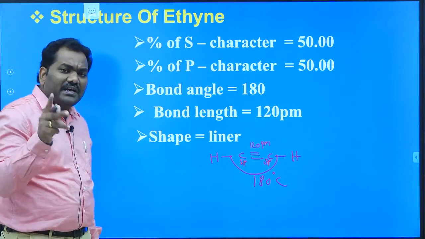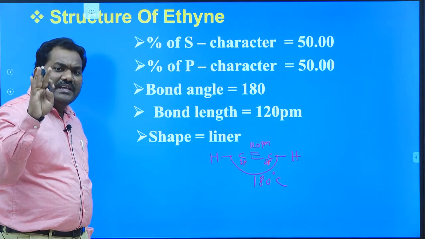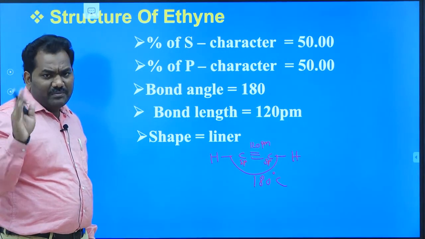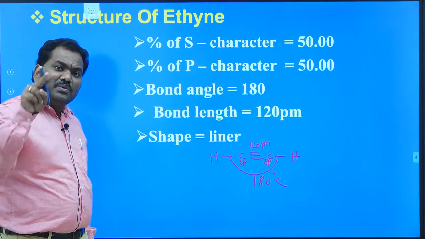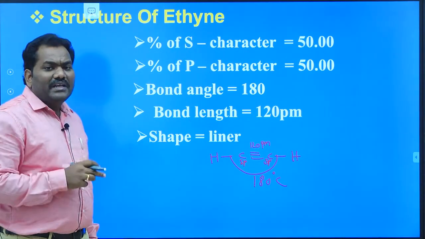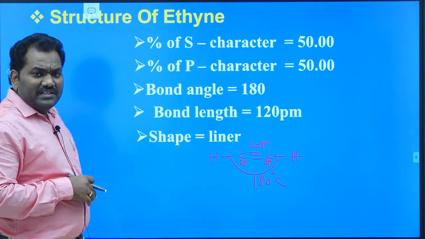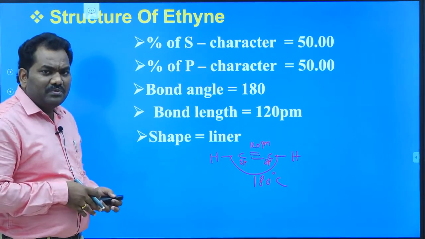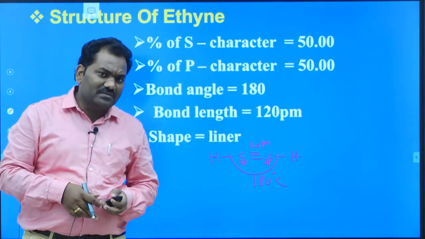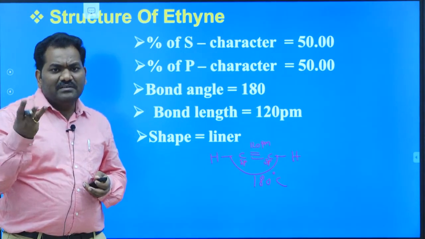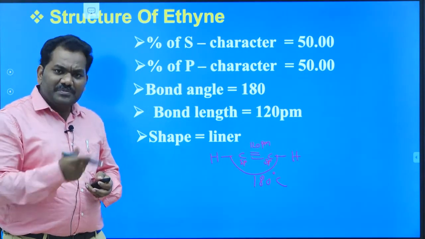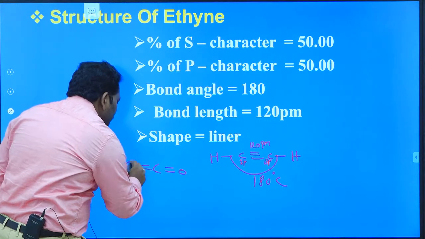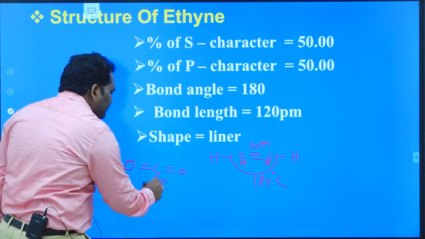Okay, if any carbon has a triple bond, it undergoes sp hybridization. Any molecule having a triple bond must undergo sp hybridization. Or any carbon having two double bonds on both sides also leads to sp hybridization. You can easily find out the hybridization of the carbon atom in carbon compounds based on the nature of the bonds. It means if a triple bond is present at any side, it indicates sp hybridization, or if two double bonds are present on both sides, it also indicates sp hybridization.